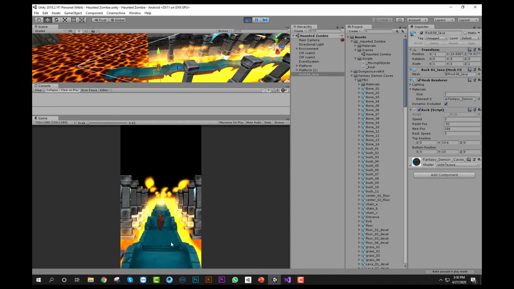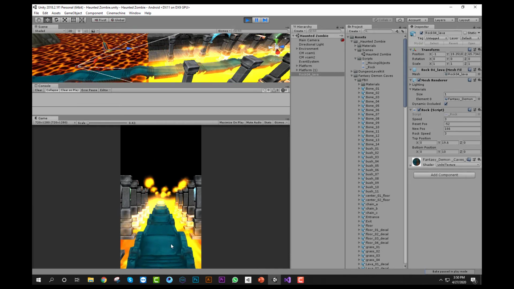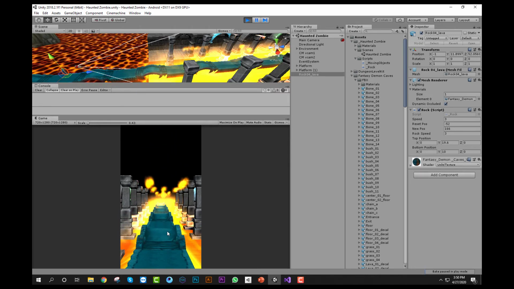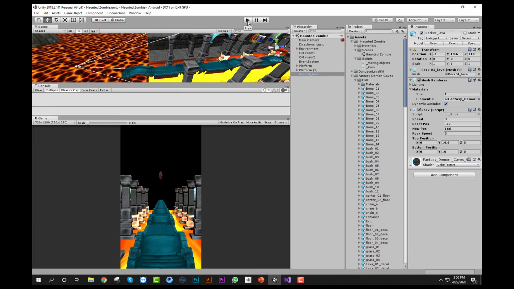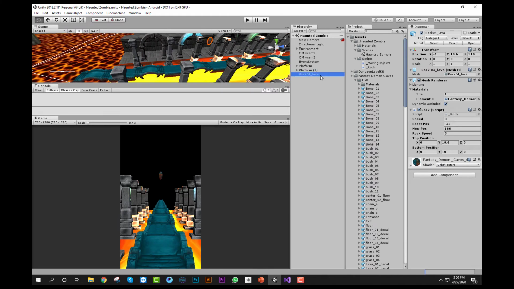So it means our inheritance concept is working. Now I will duplicate this rock up to 3, and the second rock position will be 140, meaning 110 plus 30, 140, and the third rock will be 170.